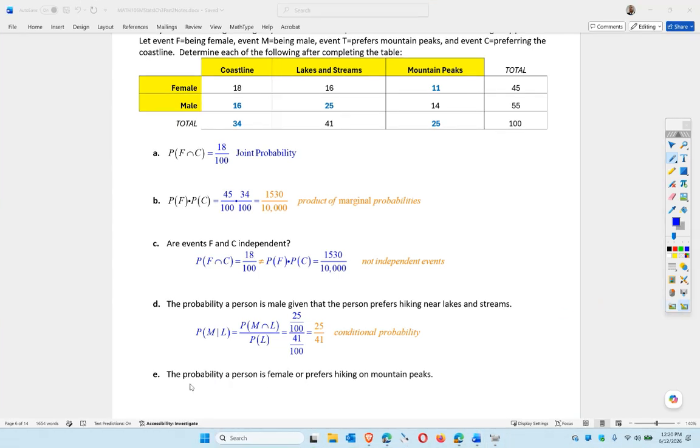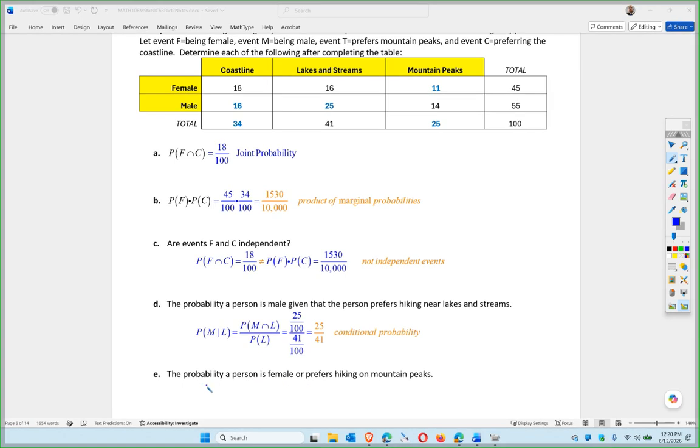Let's use K. Probability of female or the mountain peaks, K, I guess. Okay, so probability of female plus the probability of the mountain peaks minus the probability of female and mountain peaks,